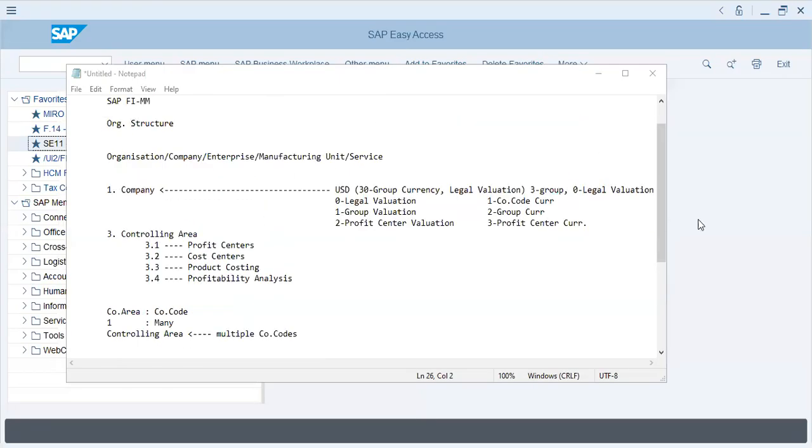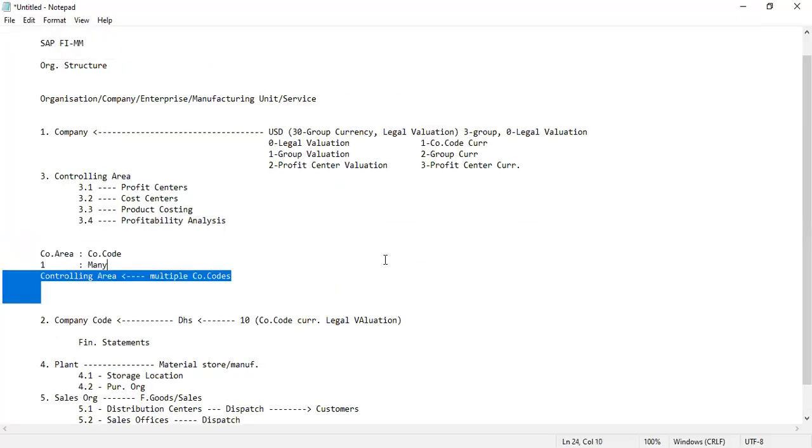Okay, so this is the structure that I've actually shown you. It is pretty straightforward and self-explanatory. Multiple company codes, for example, another company code can have, for example, euro. Can it become part of the controlling area? Yes, it could, if condition 1,